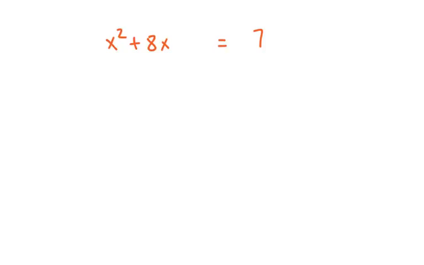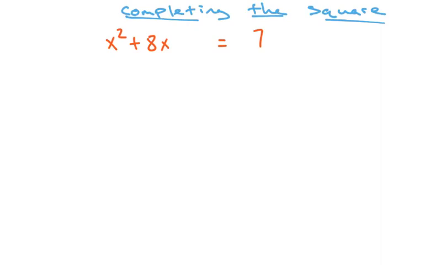Alright, so let's solve this. What I want to do is solve this via completing the square. So what that means is completing the square means you take this value here, you're going to divide by 2,